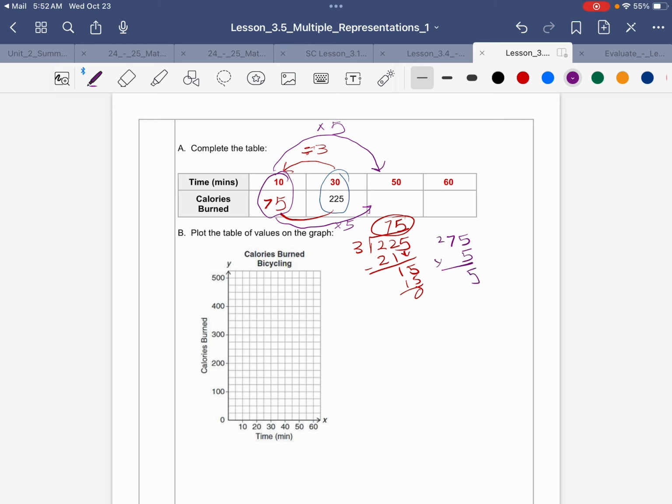And then we can do something similar with going from 10 to 60, which would be times 6. So we're going to do the same thing. I'm running out of space here, but the same thing would happen to go here. That would be a times 6. So 75 times 6, 30, 42, 43, 44, 45,